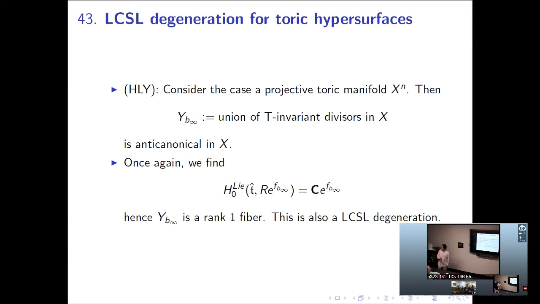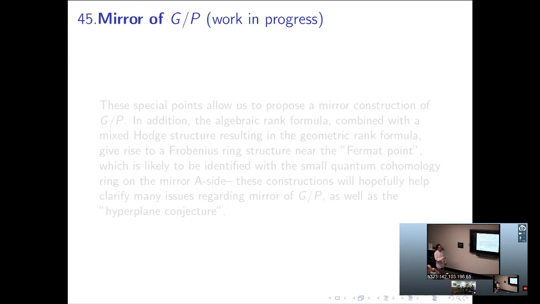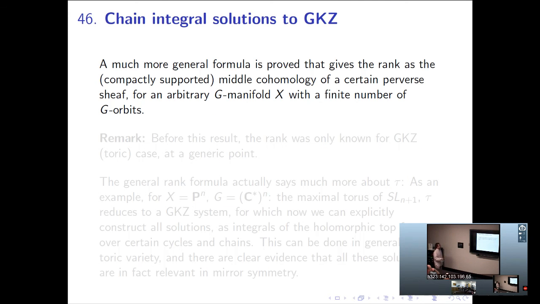For the toric case, we can apply our algebraic rank formula to give a one-line proof of a previous result on such points. So I'm going to skip this probably, and also skip this. So let's talk about